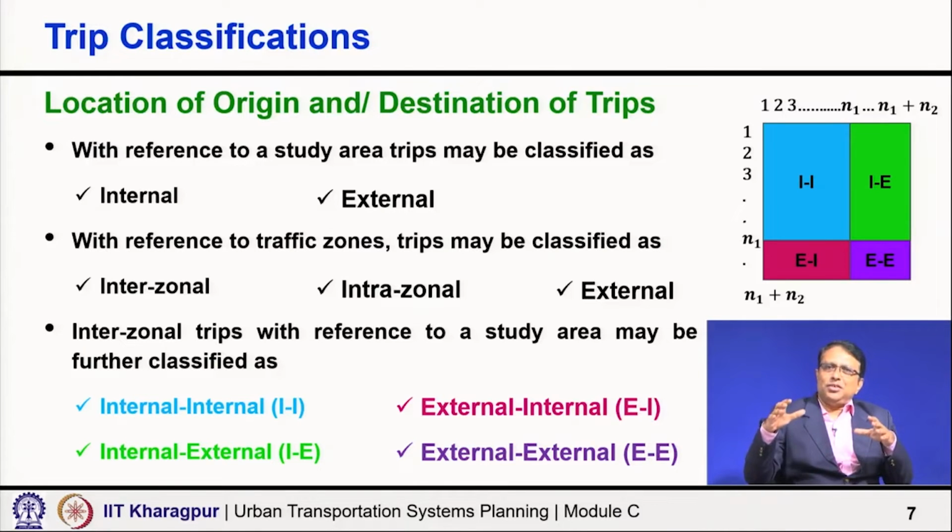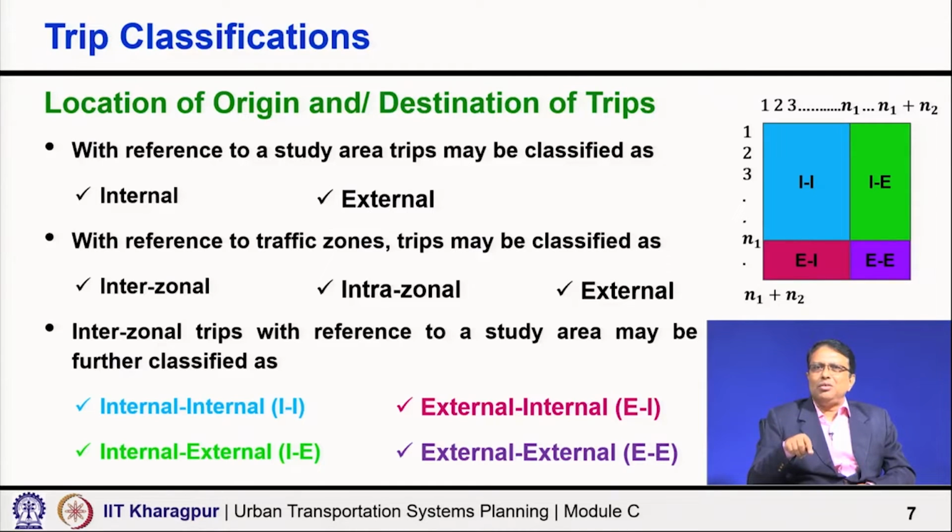Within that cordon line boundary we have the city area which I am considering for my study, and let us say I have divided it into n1 zones: 1, 2, 3, 4, 5, 6 up to n1. So, all these n1 zones are